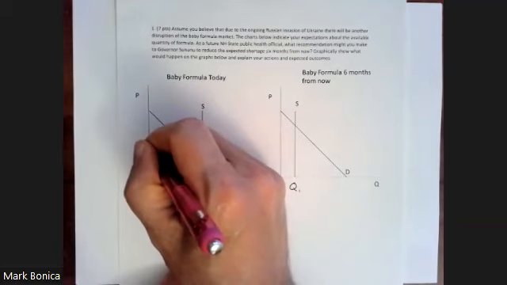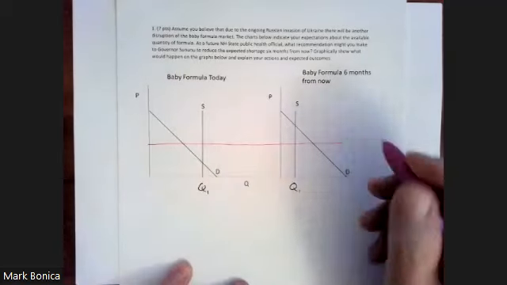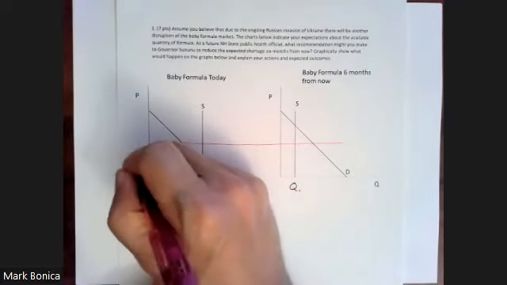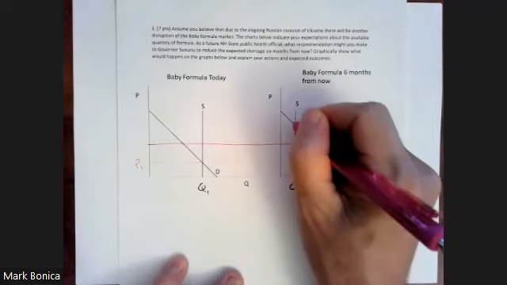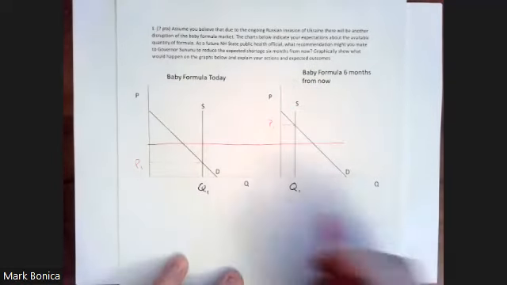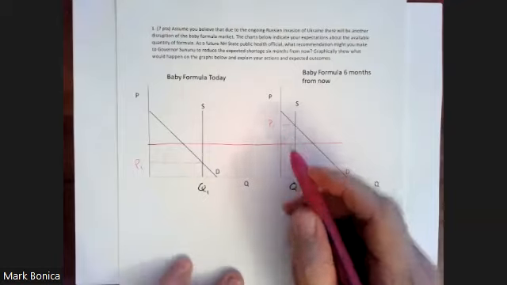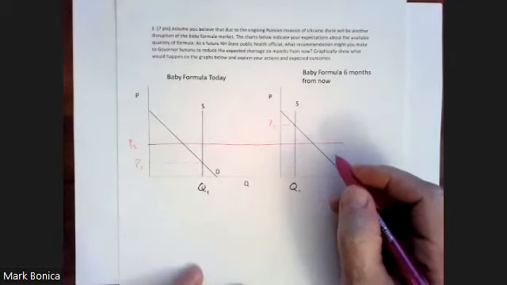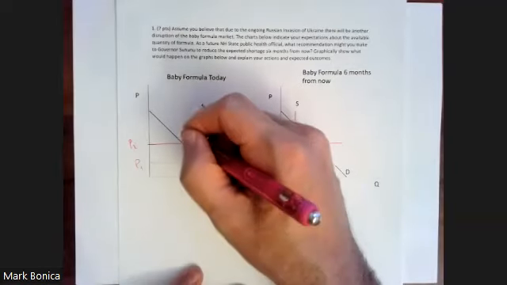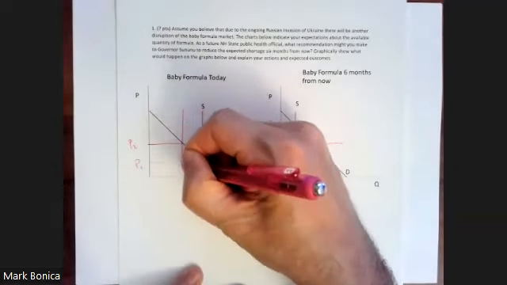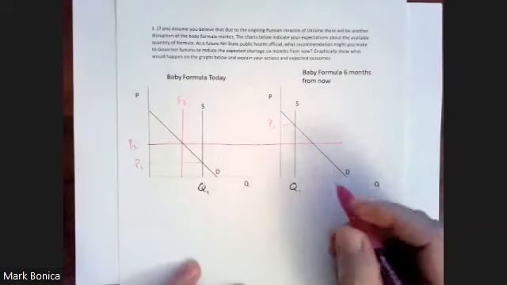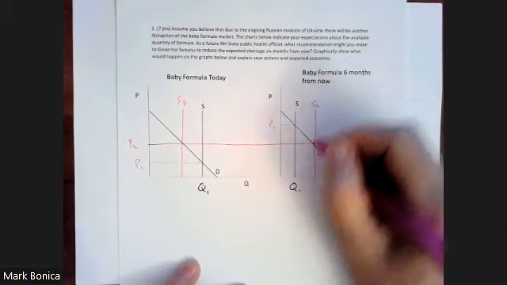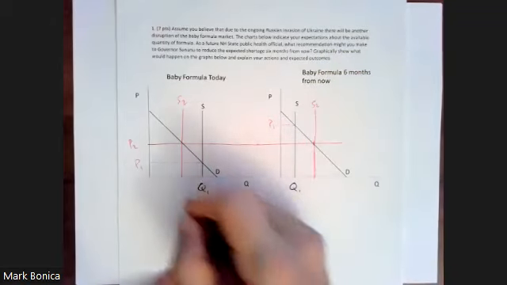The best way to do this would be to draw a single line. So we would have P1 here and P1 here, right? So P1 today and P1 6 months from now. We draw a single line that's going to have the same price both today and 6 months from now. We'll call that P2. And so we would have a new supply curve, S2 here and S2 here. That's supposed to go right through that intersection.